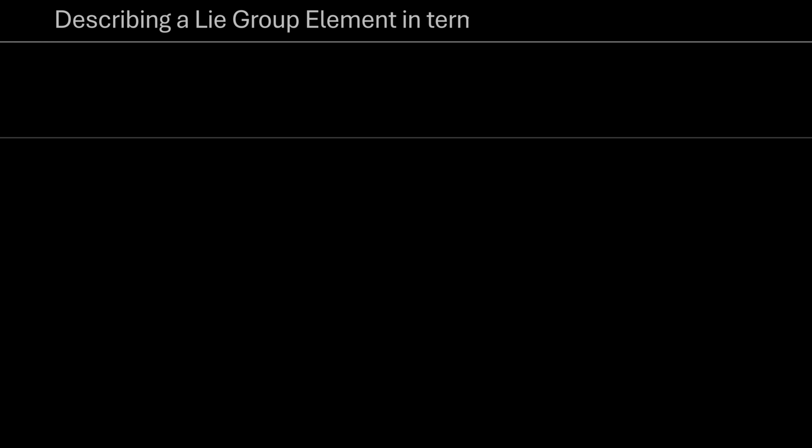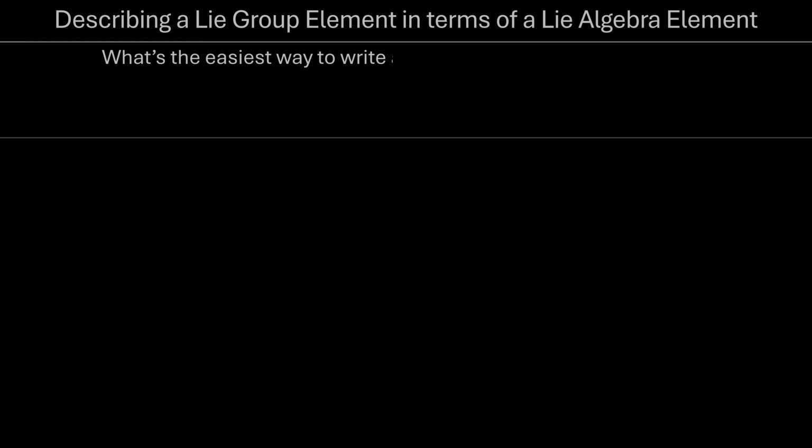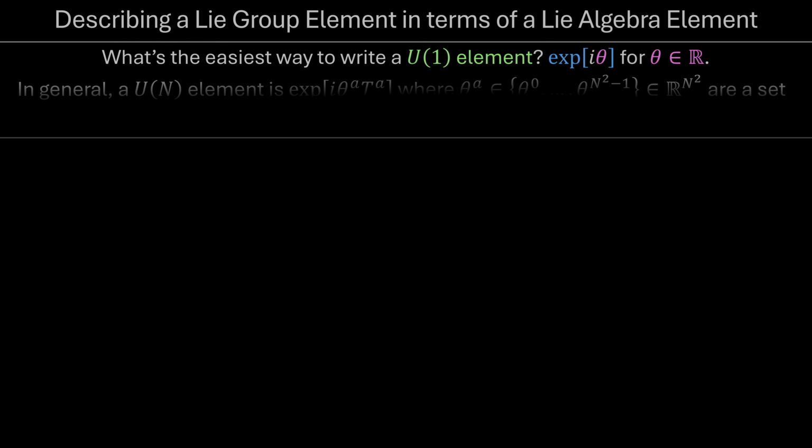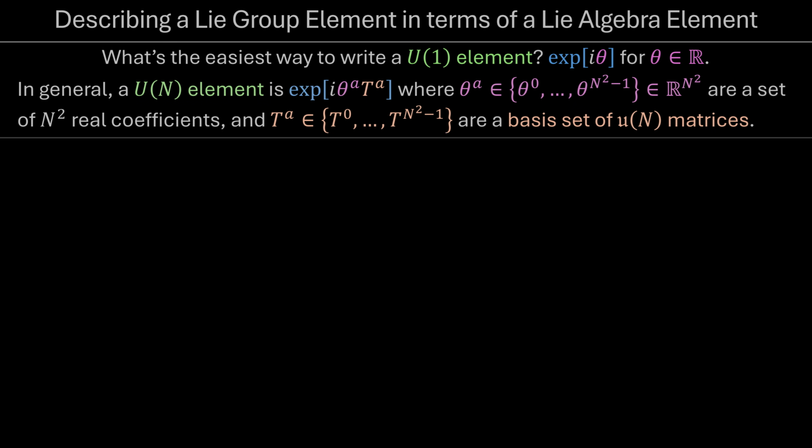You know, while we're here on the topic of Lie groups and Lie algebras and the exponential map, I want to take a moment to reflect on some of the details of how exactly a Lie algebra element gets exponentiated on up into a Lie group element. So as we've seen, the easiest way to write a U(1) element is just e^(iθ) for some real-valued phase angle θ. And more generally, a U(N) element is most easily written as e^(iθ^a T^a),